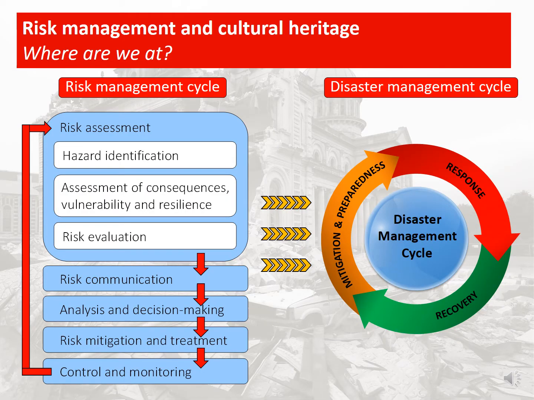To achieve an efficient risk management practice in cultural heritage, but also in any other sector, it is fundamental to adequately implement the risk management cycle, which is part of the disaster management cycle. The risk management cycle involves 5 main stages, which are the risk assessment stage, that establishes the risk to the